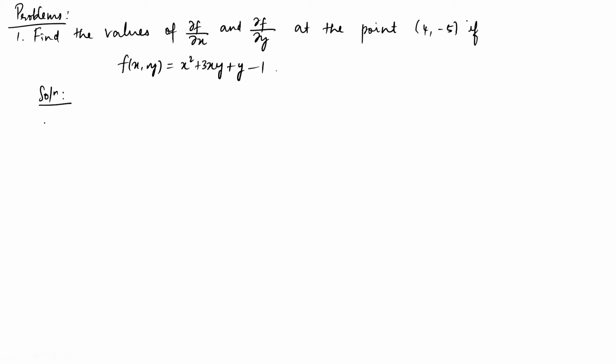When you are asked to perform the partial differentiation with respect to x, what will you do? Class, anyone please? Sir, we should consider y as constant, sir. Okay. So when you find del f upon del x, what would you get? 2x plus 3y, sir. 2x plus 3y. That's all, sir. Okay. What is your del f upon del y?